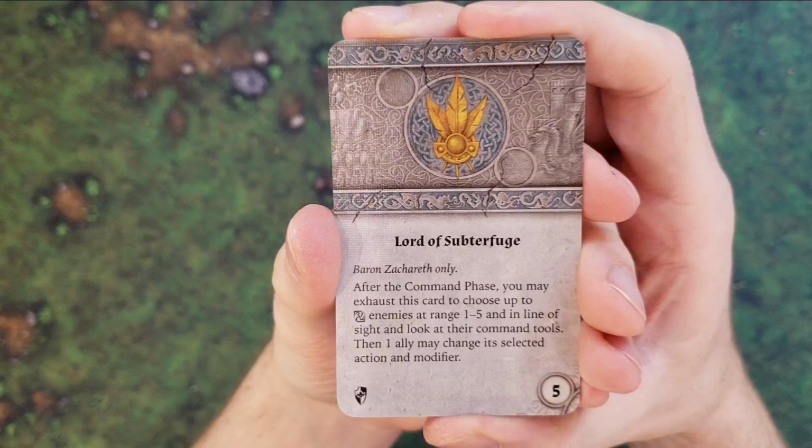Well, with the Lord of Subterfuge upgrade, after the command phase, so after all the dials have been set, you may exhaust this card to choose up to 2 enemies, so potentially 2, at range 1 to 5 and in line of sight, and look at their command tools. Then, 1 ally may change its selected action and modifier. So basically,